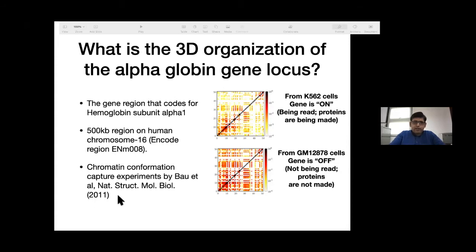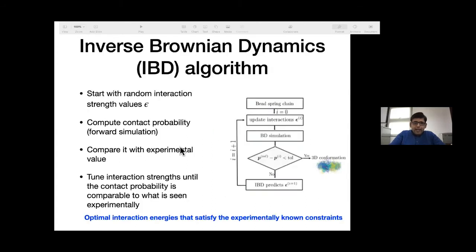For example, this is the reference where they have done experiments for the alpha globin gene locus in different cell types. In this K562 cell line, the gene is supposed to be in the on state, which means the gene is read and the proteins are produced. And in another cell type, the gene is in the off state, where the proteins are not produced. These two cell types have different chromatin organization, so you get different contact matrices. You can see that there is more red in the bottom one, which is in the off state, than in the on state. So we take these two cell types as the input matrices, and we run the inverse